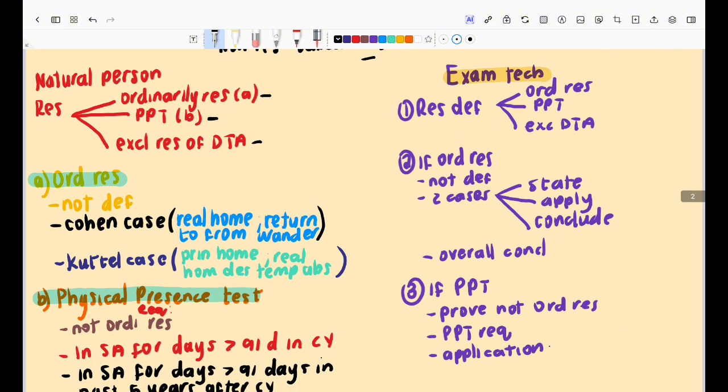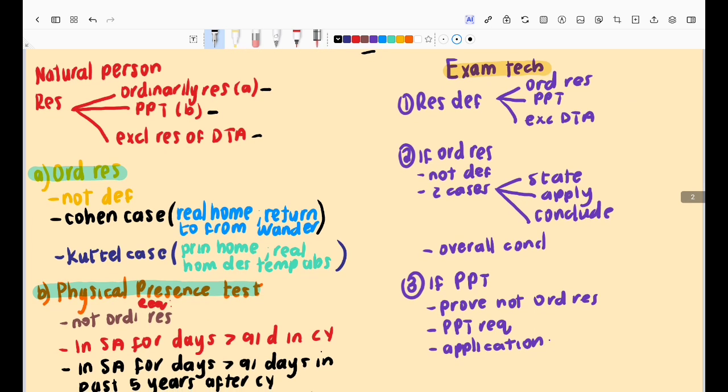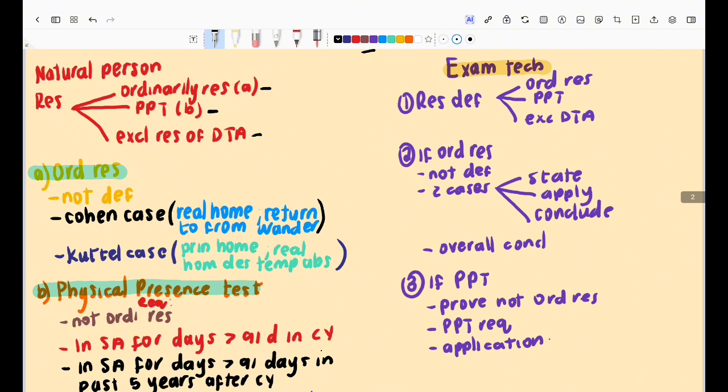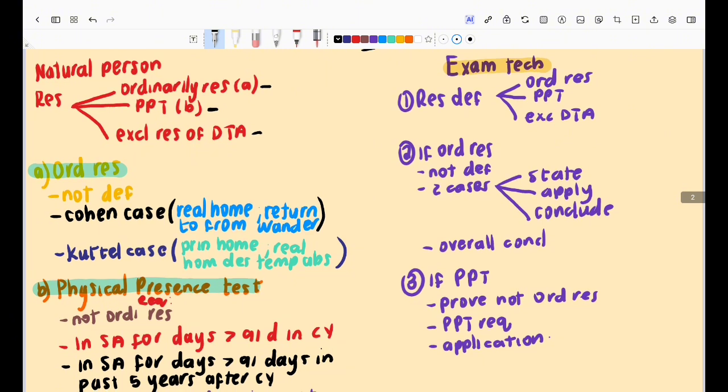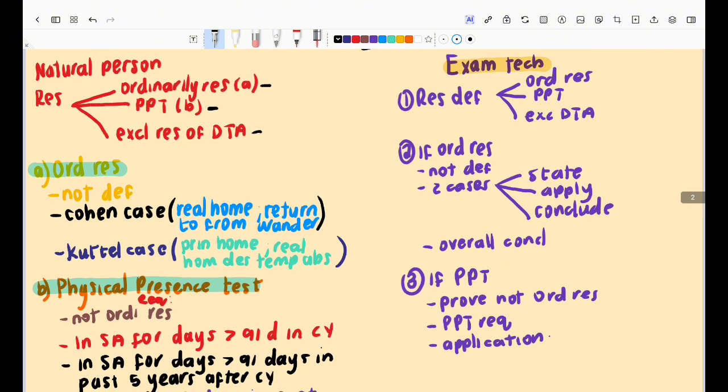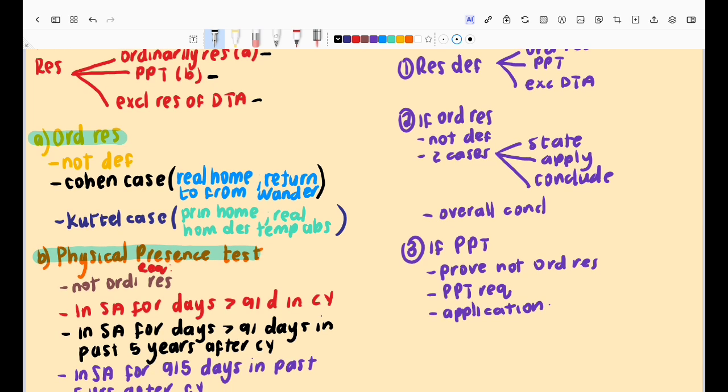So for second year level, they will most probably tell you that ignore double taxation agreements. And the reason being that if there's a double taxation agreement, then you are exclusively a resident of that country, right? So you first start with ordinarily resident and you test if that natural person is not a resident by virtue of being an ordinarily resident,